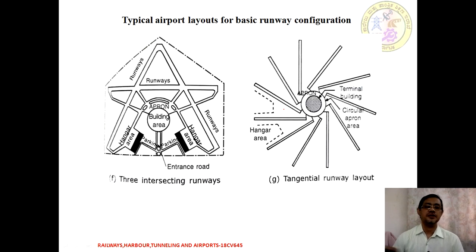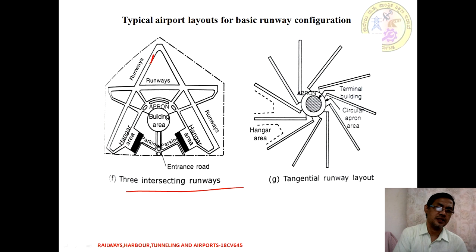Depending upon the network, the load, the airport capacity and the wind direction, this is another type where we have three intersecting runways. Just see, this is runway number 1, another runway running over here in another direction, and this is runway direction 3. So we have an intersection here, and another runway is independent and operating. In such a condition we should not provide amenities here, because they have to be kept a minimum distance away from all these intersection points.